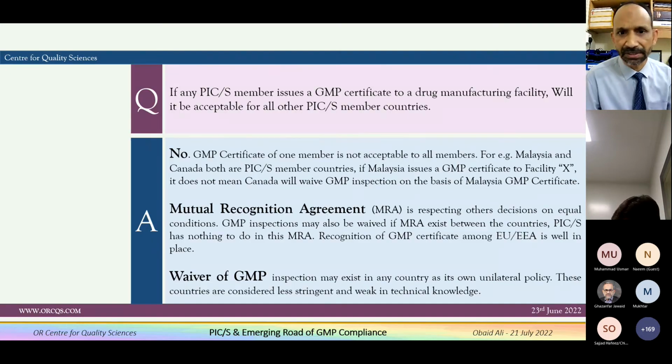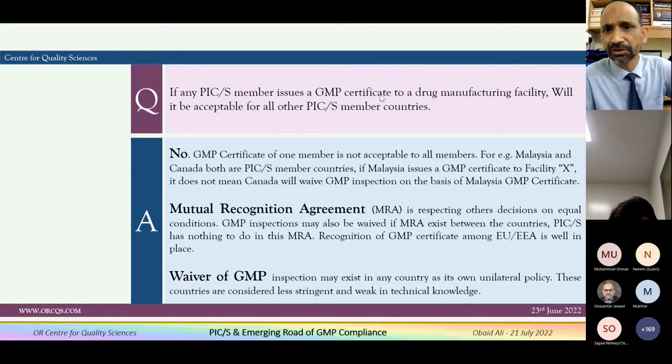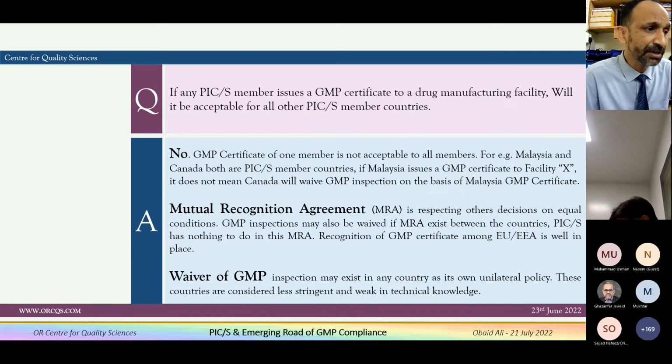If a PICS member issues, if any PICS member GMP सर्टिफिकेट इशू करता है वो फैसिलिटी को, तो दूसरे मुल्क इसको एक्सेप्ट कर लेगा। यूरोपियन कमीशन के अंदर इट इज यस, क्योंकि वहां पर म्यूचुअल रिकग्निशन एग्रीमेंट मौजूद है। यूरोपियन कमीशन का US FDA के साथ MRA मौजूद है विद सर्टेन इफ बट्स।